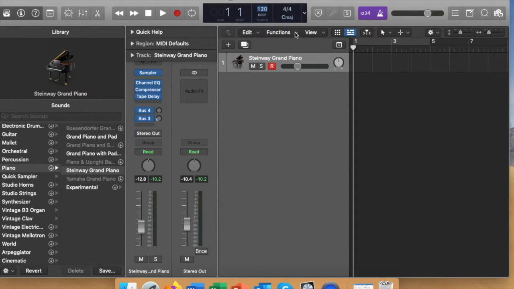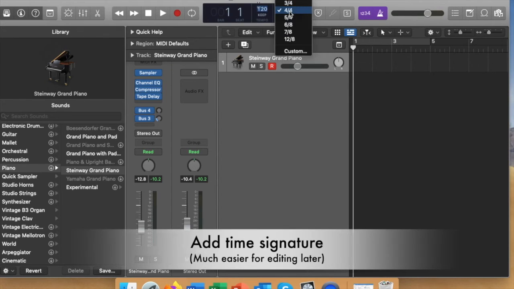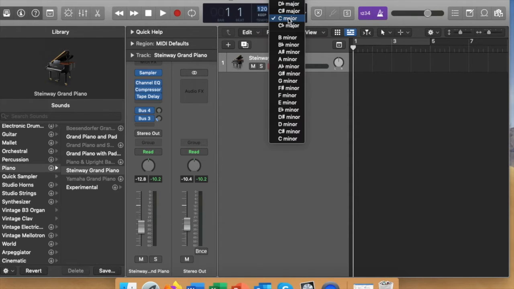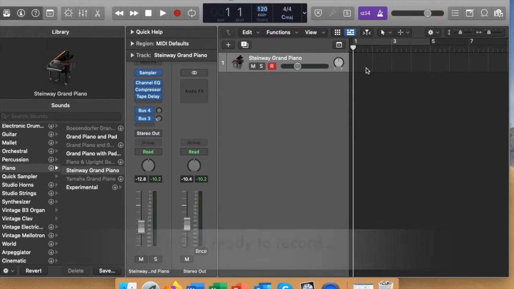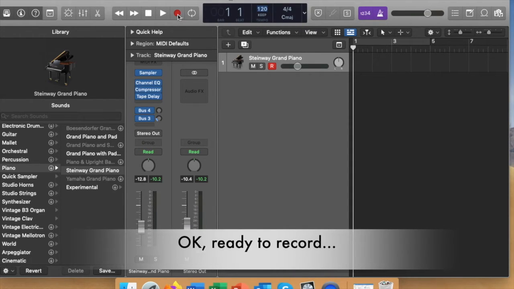I find it really helpful to go over here and double click on time signature. And I even find it helpful to go in here and double click on the key signature. If you're going to do auto tuning later or something like that, it can be helpful in terms of that too. So then what you would do is hit record,